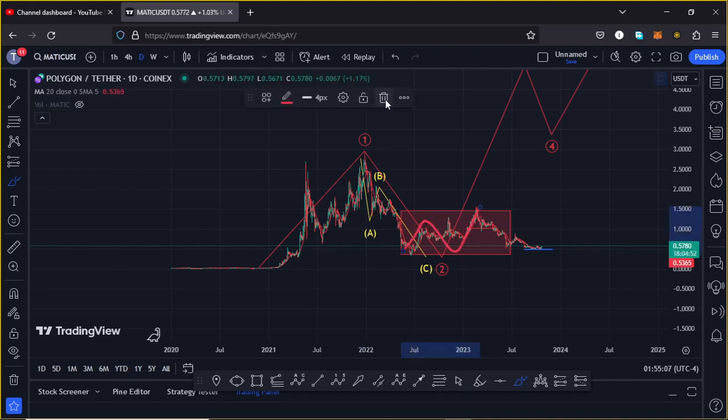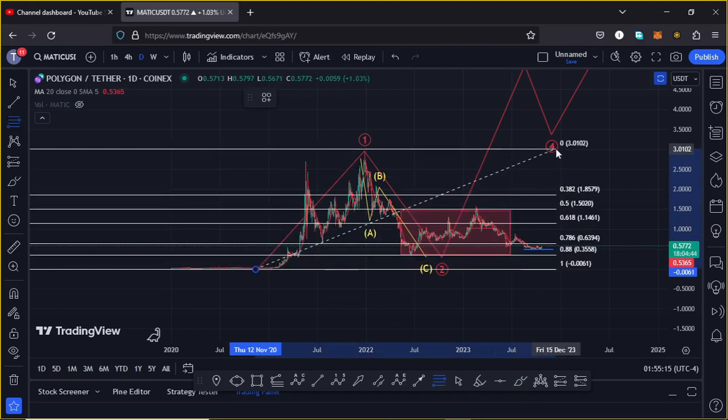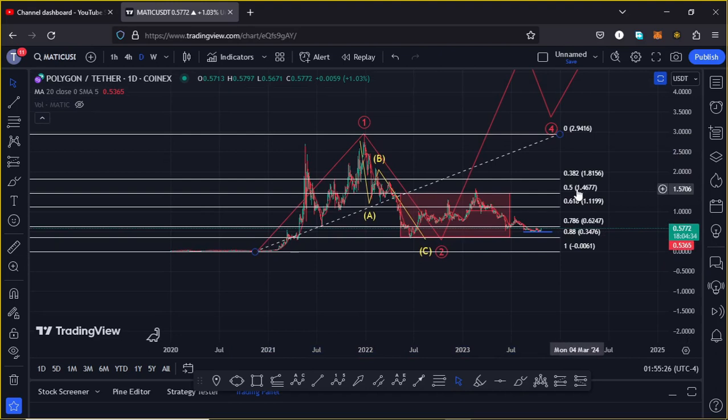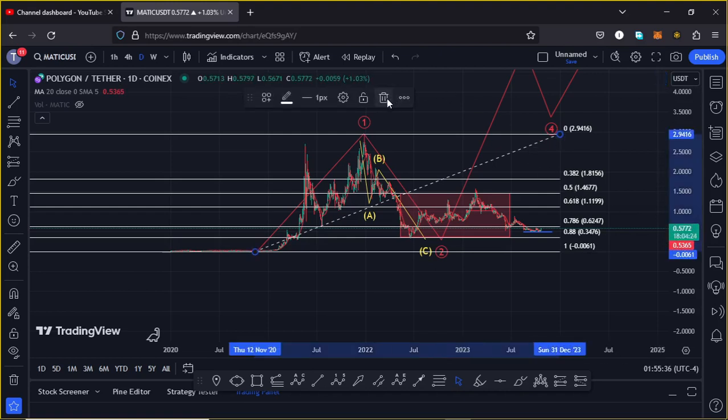I came up with this area using the Fibonacci, connecting them from the lows that we made back in 2020 to the all-time high, giving me a minimum target area between the fib level 0.5 and the fib level 0.88, and that is between the $1.467 mark and the $0.3474 mark. And there are high chances that Matic has now given us a low in the formation of that